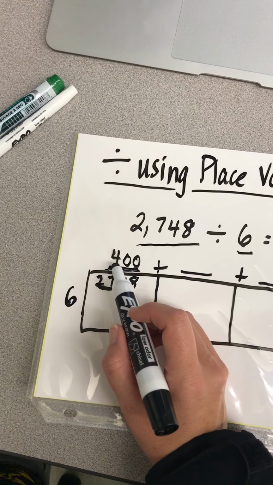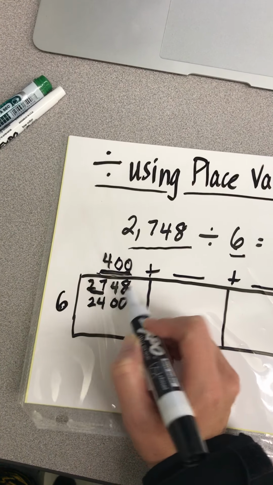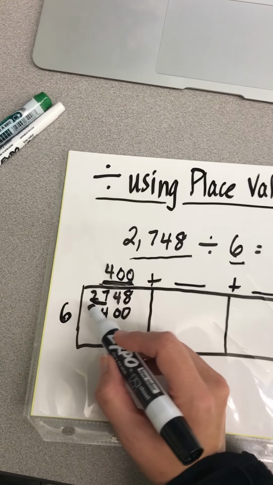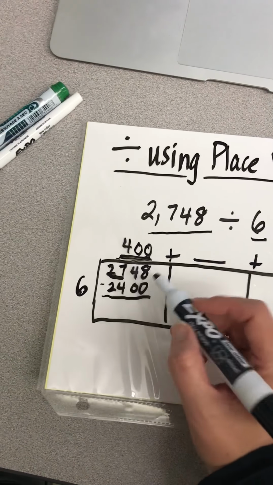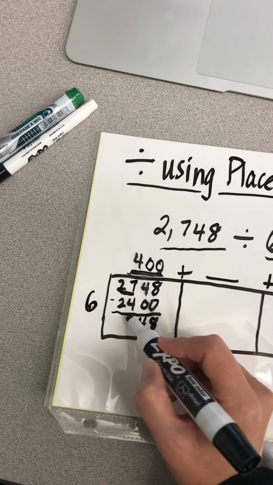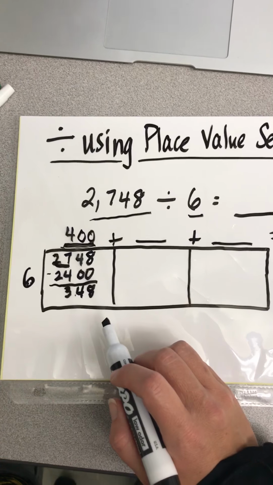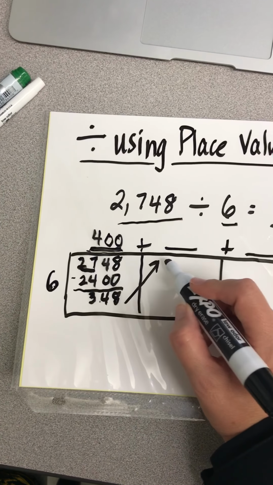So now we're going to go ahead and multiply 400 by 6 and get 2,400. And now we will subtract and figure out what's left there. So let's go ahead and subtract and figure out what we have left to divide up. And it looks like 348 is left to divide. All right, now we're going to go ahead and take that 348 and write it at the top of the